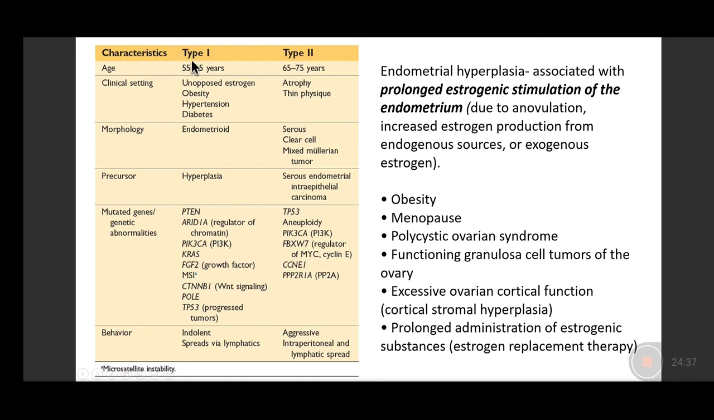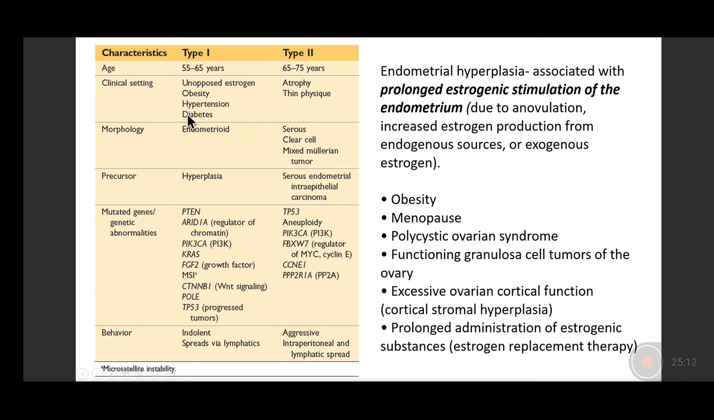Now the age group for type 1 is comparatively younger, being 55 to 65 years, and type 2 develops over 65 to 75 years. Type 1 tumors are usually seen in cases where there is unopposed estrogen exposure. These patients can be obese, hypertensive, diabetic; all the features of metabolic syndrome can be found in these patients. And in type 2 patients, there is usually atrophy of the endometrium, and these patients are very thin in